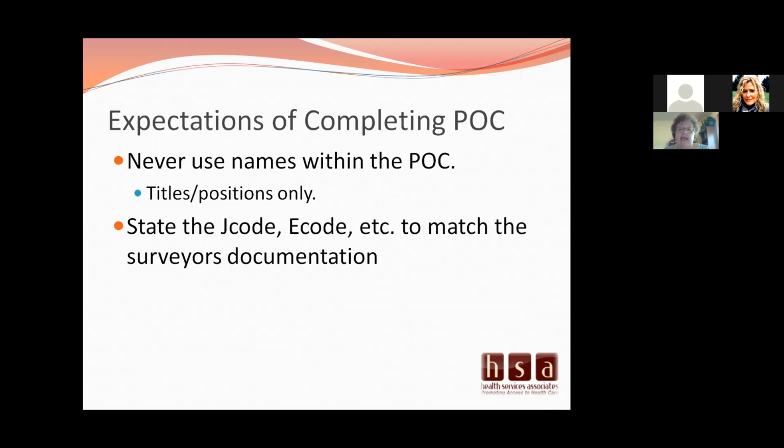The other thing that can become an issue that I want to make sure we address is, when the surveyor comes, make sure you are getting a business card so you know who you're dealing with. If you need to reach out to people in your entity, let them know, hey, we're in survey. Especially if you're provider-based, sometimes you have to let the higher administrative people know. And also know your RHC guidelines.